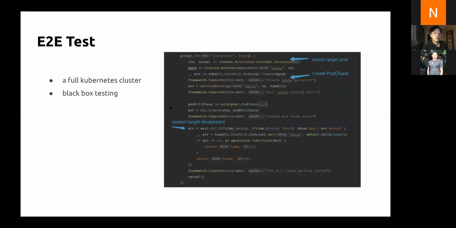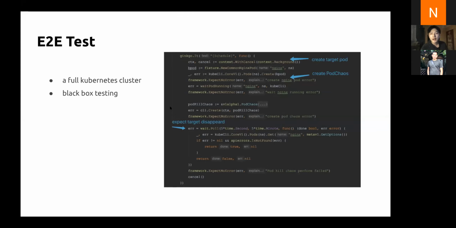So to test the application on a whole system, the E2E test is necessary. What we mean by an E2E test here is bringing up a Kubernetes cluster, deploying your application, and coding what you expect users to be doing. To run an E2E test, you need a full Kubernetes cluster, and the testing code should be